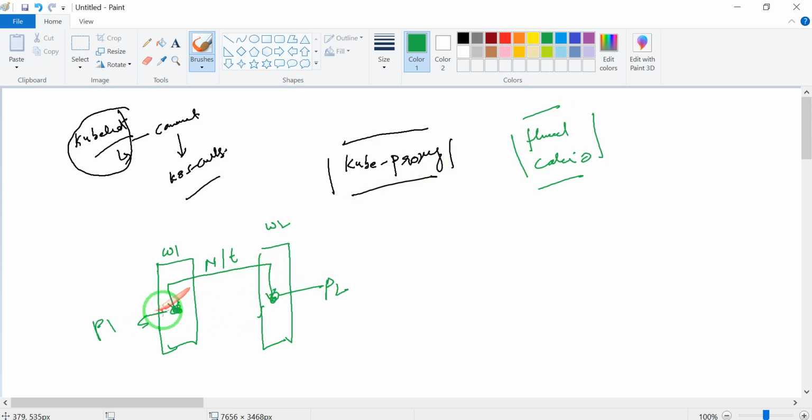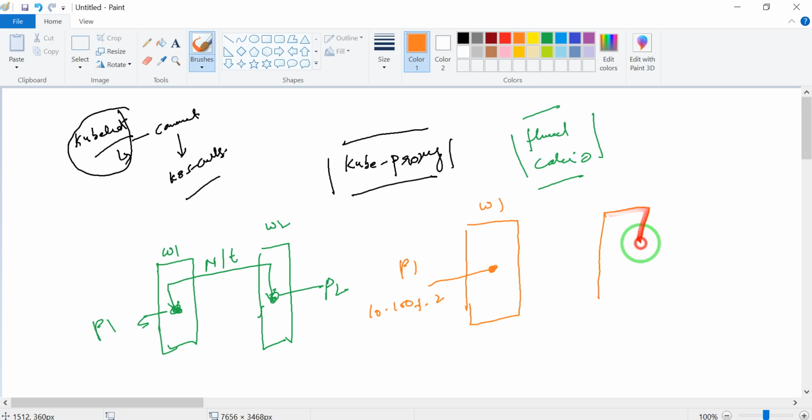But let's suppose you are talking about an application. We have a web application on worker node 1, and the pod is P1, with IP, let's suppose, 10.100.1.2. On another node, worker node 2, we have pod P2, and the IP of this pod is 10.100.1.3.